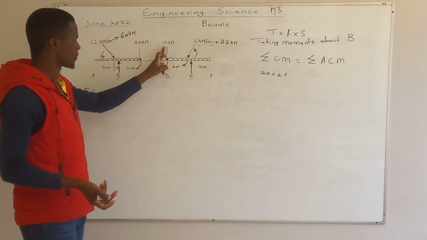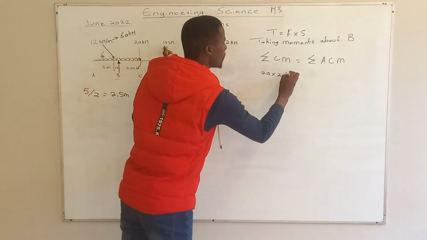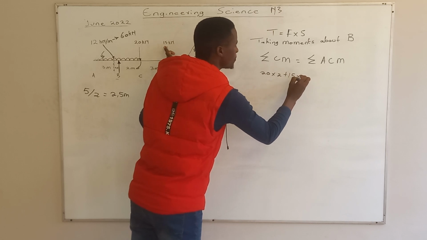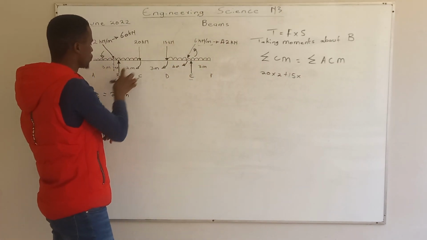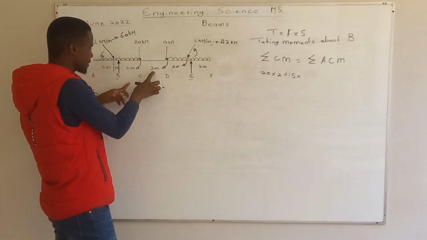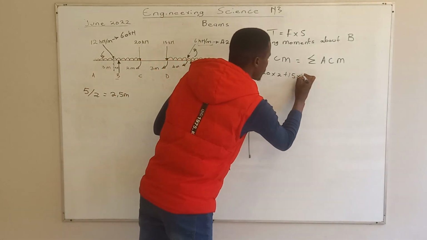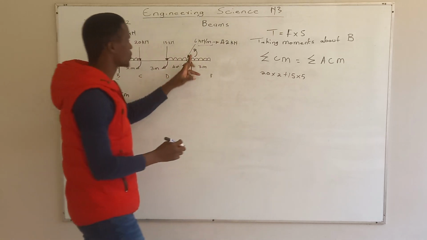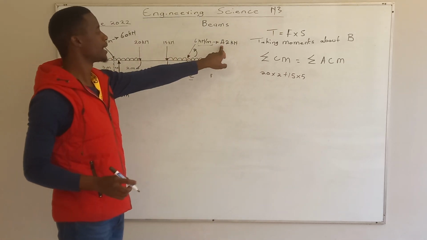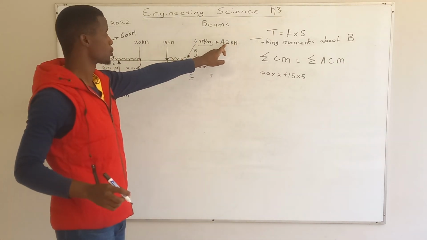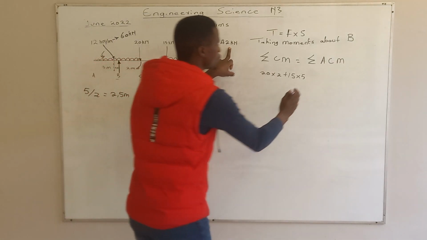And then from there, 15 multiplied by the perpendicular distance from 15 to this B, which is what? It's 3 plus this 2, which is equal to 5. And then after that, we go to this one. This one, as I said, you're going to be using the total one, which is 42. So you're going to say plus